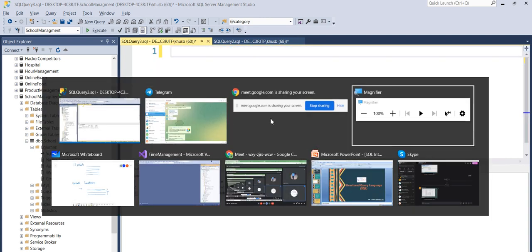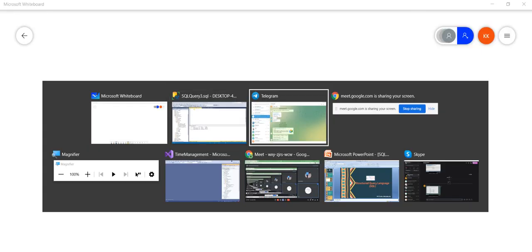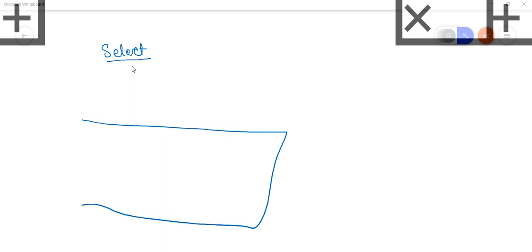Okay, now the select statement. In our database, or a particular table, we have different data, right?